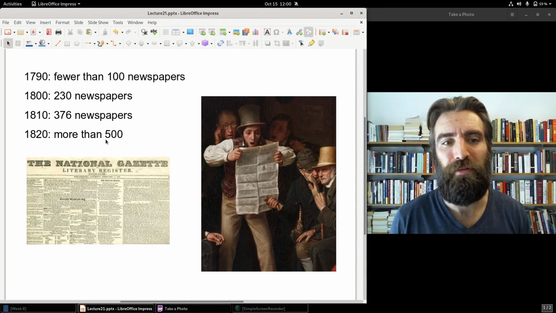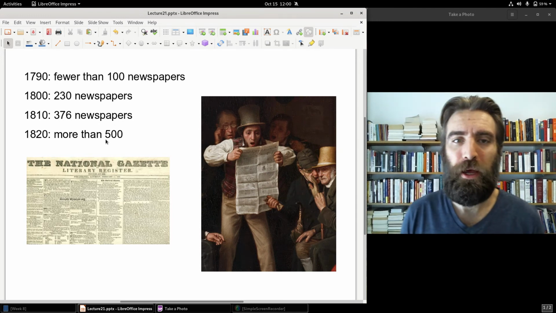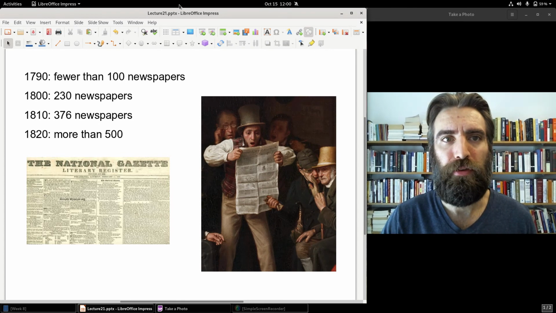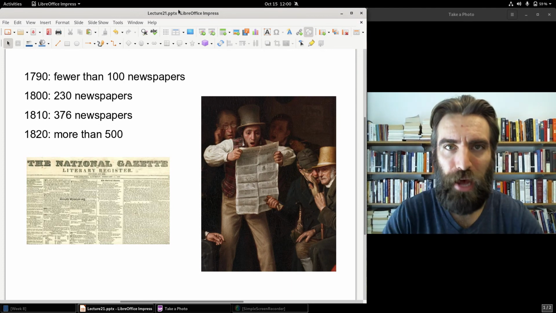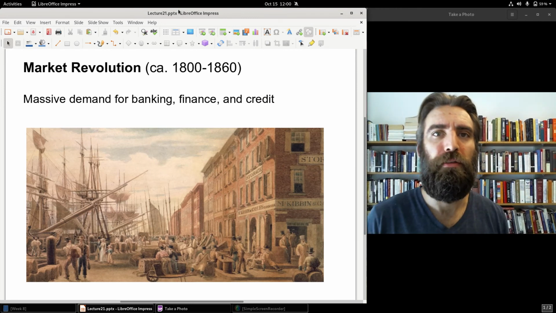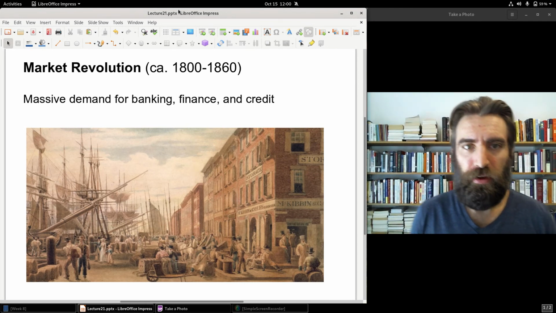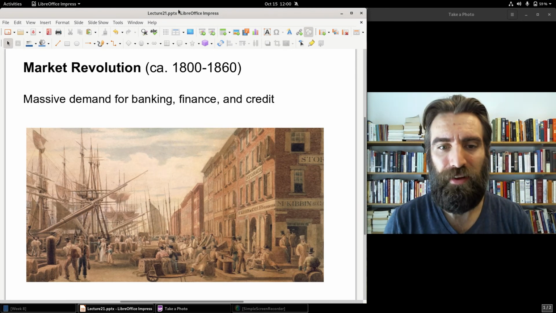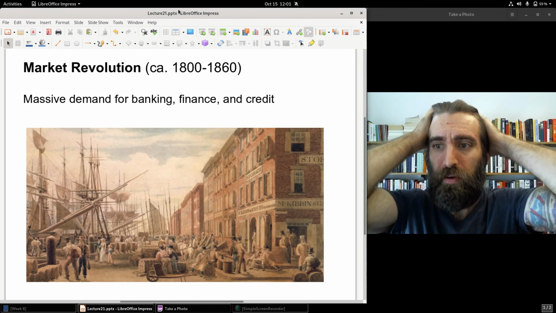It takes capital to have a newspaper, to buy the printing press and to hire staff and to arrange for distribution of your paper and all the rest. Everything we've described requires money and involves the making of a lot of money, but it requires that initial capital. And so, during this period, massive demand for banking, for finance, and for credit. Banking, finance, and credit. Americans are starving for it. They want to engage in all of these activities, but you've got to have the capital.